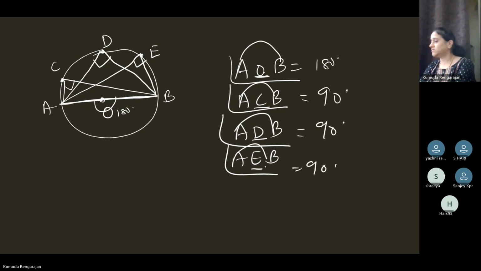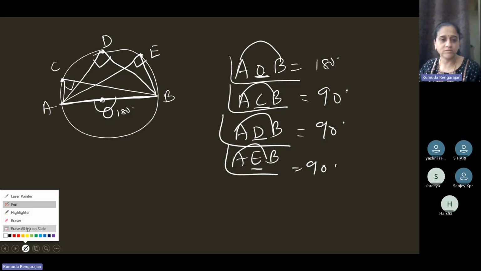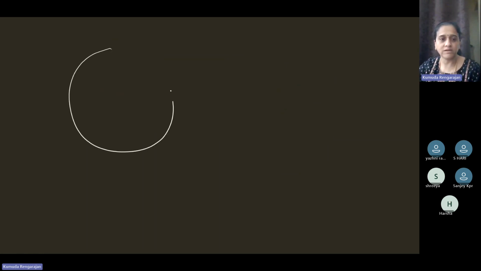So the center angle is double the circumference angle is 1. Angles in the same segment of a circle are equal. Angle in a semicircle is a right angle. Okay, the fourth one is, and always remember that in a figure like this,